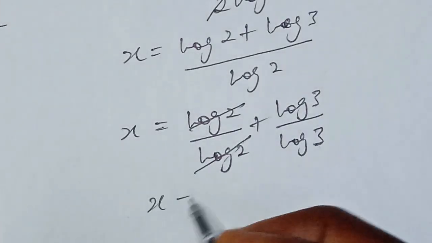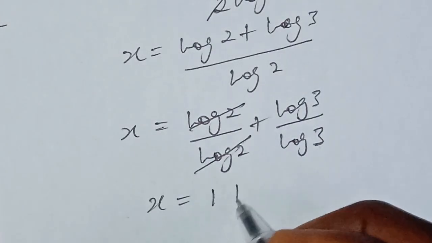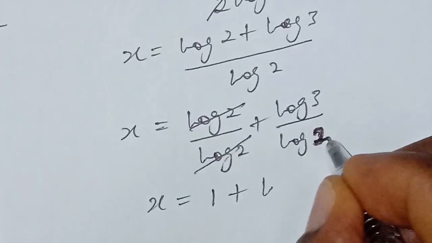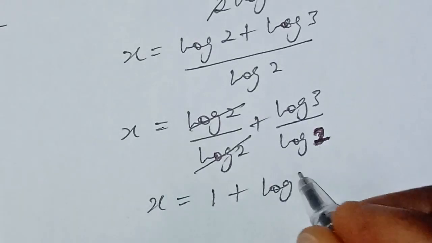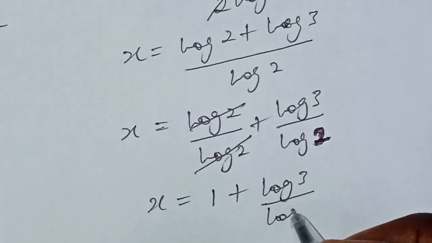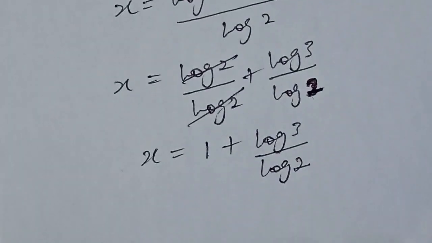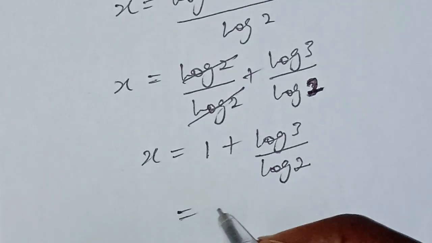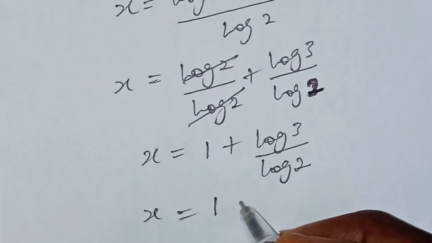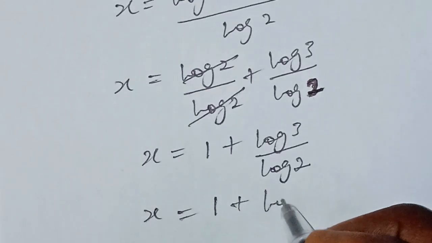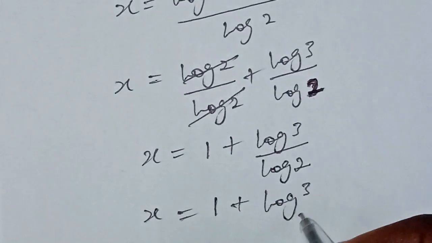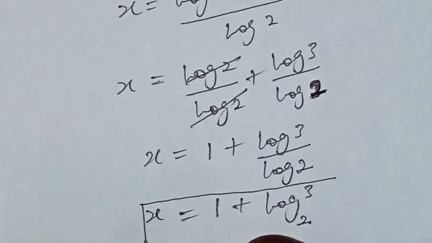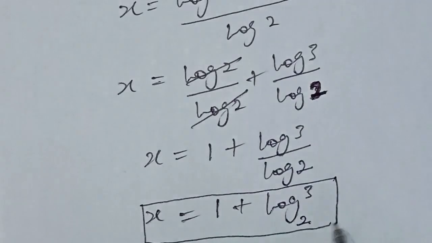So x will now become 1 plus log 3 over log 2. So we can write this in the form of x equal to 1 plus log 3 base 2. So this is our second value of x